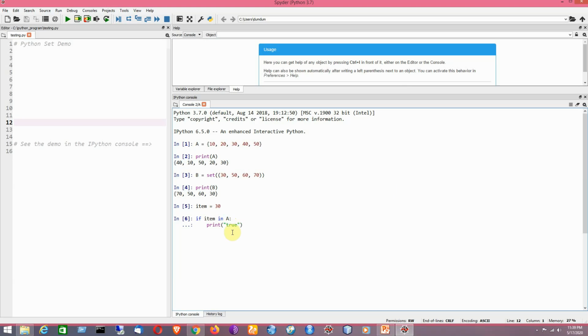That means it is present. So it is showing true. That means the item 30 is present in the set A. In that way, we can use the in operator for checking whether it is present in the set or not. It is basically a kind of membership operator that we demonstrated using the Python operators.